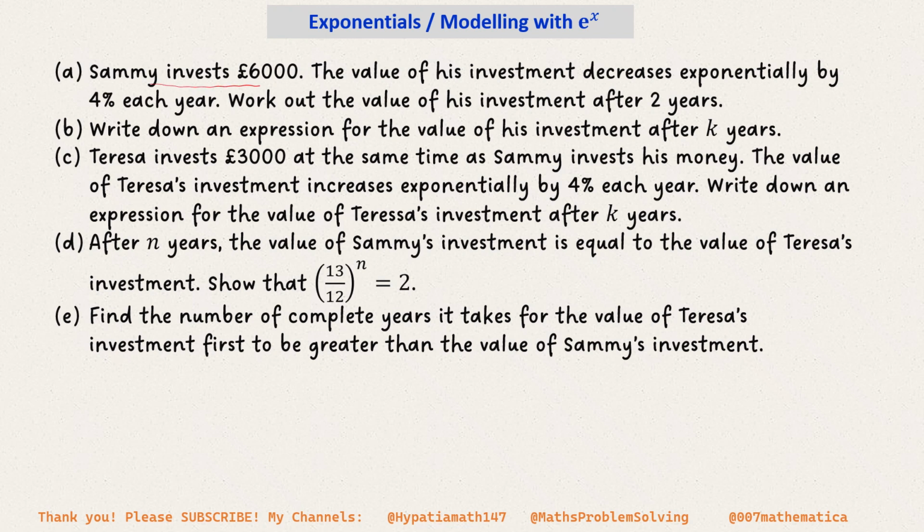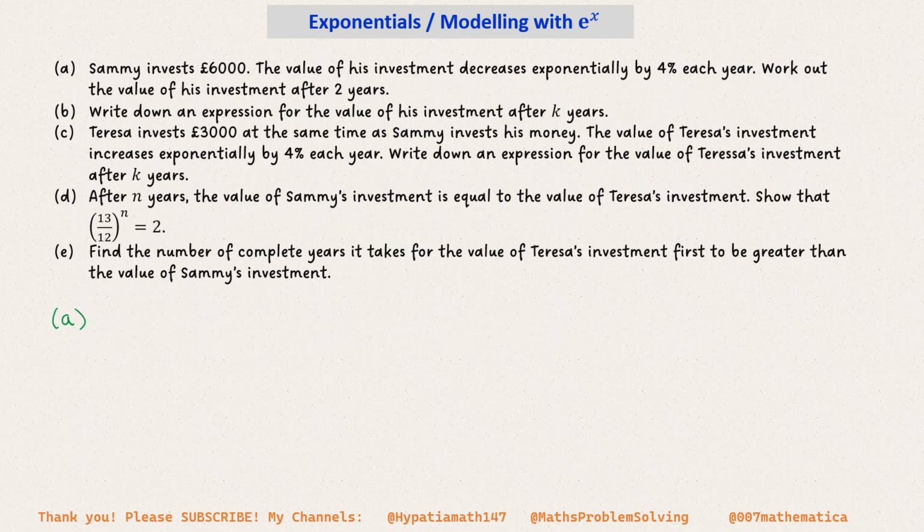Sammy invests £6,000. The value of his investment decreases exponentially by 4% each year. We need to work out the value of his investment after 2 years. Okay, so we'll just do part A first, and all that we need to do is write 6,000 times 0.96 to the power 2, or the square of 0.96, because it is 2 years, and because it's exponential